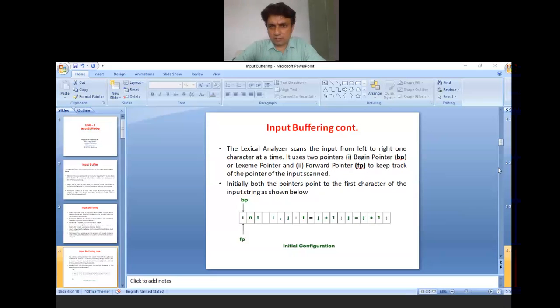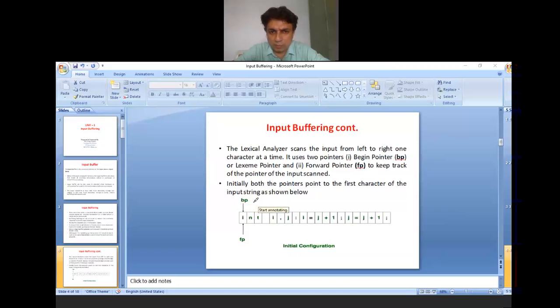So let us discuss this in detail. As you can see, the diagram is showing two pointers. Just like when you studied data structures and algorithms, there was a topic named linked list, and in the linked list you considered pointers.